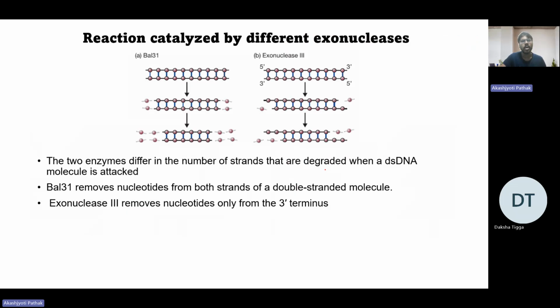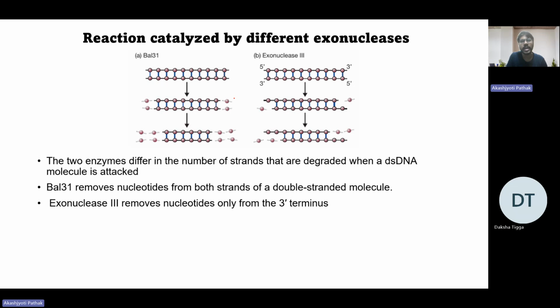Okay. Now exonucleases can also be. So there can be two ways by which this exonuclease acts. Okay, so the two enzymes differ in the number of strands that are degraded when a double-stranded DNA molecule is attacked. So these are the two examples of exonuclease. One is BAL31 and another is exonuclease 3. So if you see this figure, you can understand this BAL31